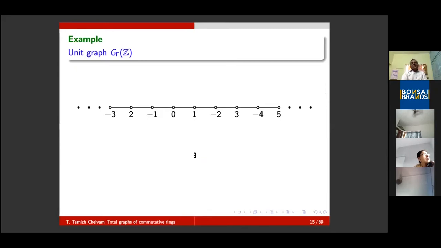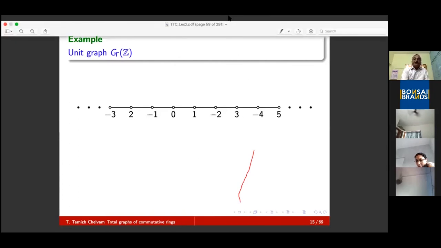And as I mentioned yesterday, this part of graph theory is not confined only to finite graphs. Infinite rings are also considered for the construction of graphs from commutative rings. Of course, people are interested in observing properties which are applicable in the finite and infinite case, not only the finite case.